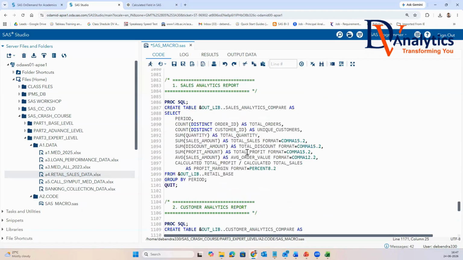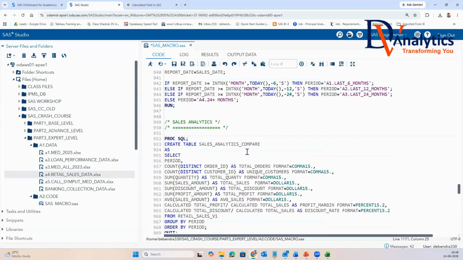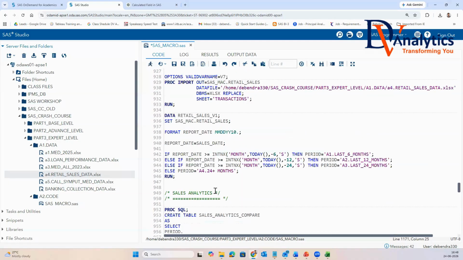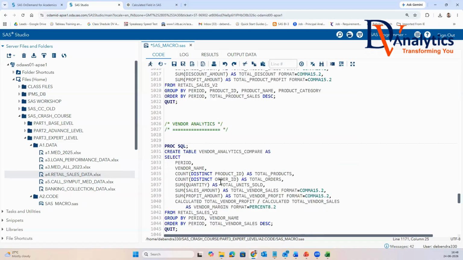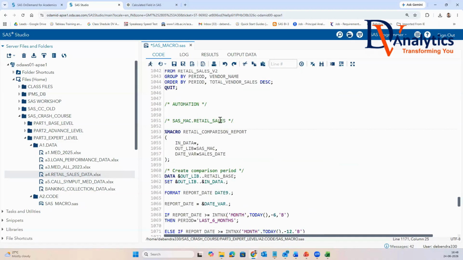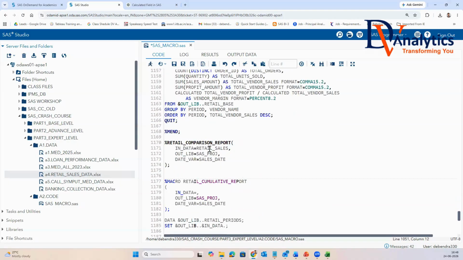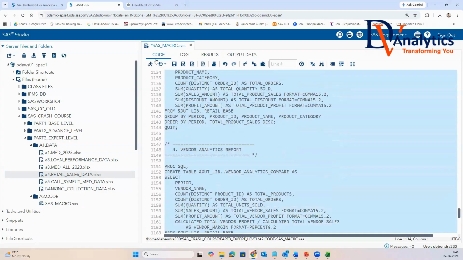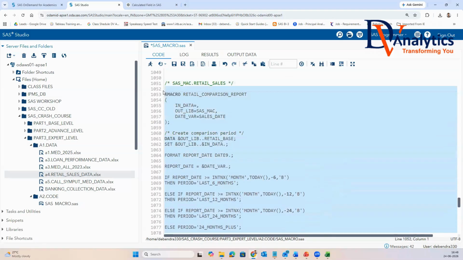is equal to my in data. In data is equal to, this is my data set name, retail sales, which I imported the file. So I'll just call here in data is equal to this and sales data. Now, if I run this program, it will automatically create my four. See,